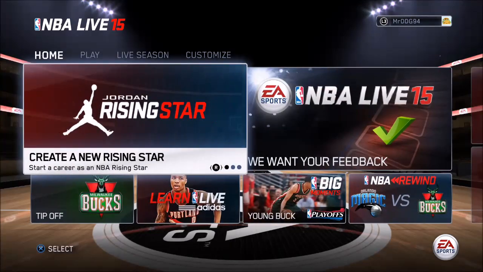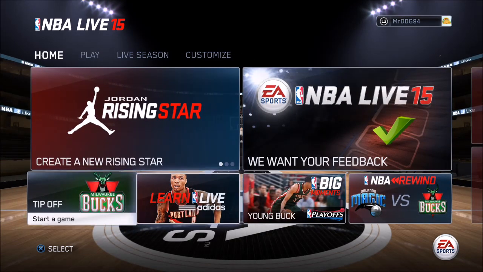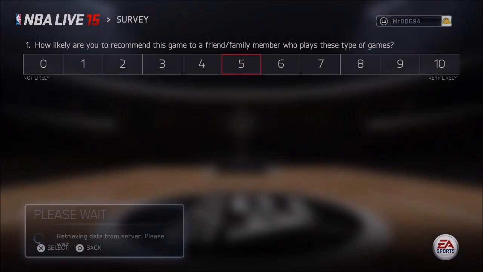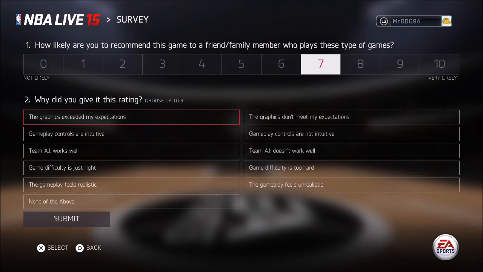All right, so in my conclusion, I got a challenge for you, EA. I did your little feedback thing or whatever. You want our feedback, and I did it. And this is what I rated it. I rated it a 7. I gave you guys a 7 because when I did my review of this game, I gave y'all a 7. But you don't want that 7. You want that 9. If you want me to put this game up to a 9